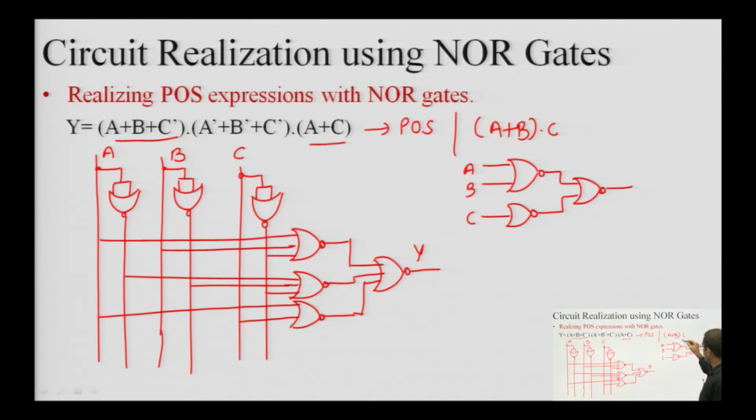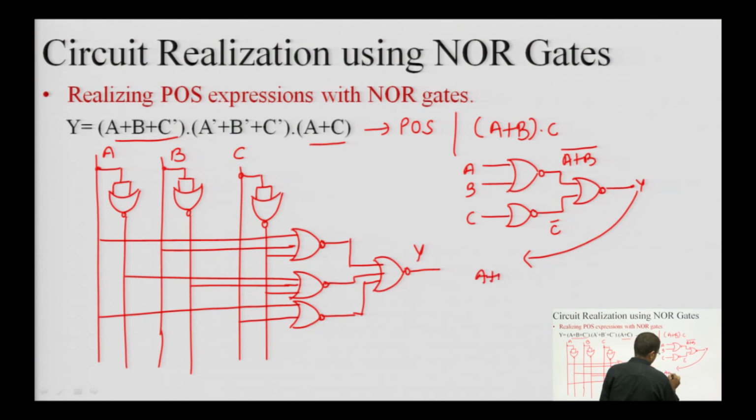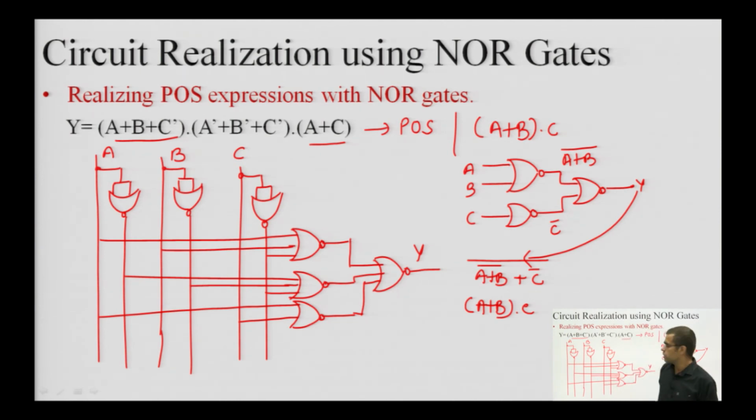It can be proven that this is equivalent to this one. So, (a plus b) complement and this is your c complement, and here at this point we can check that (a plus b) complement plus c complement and whole complement. So, if I apply De Morgan's theorem on it, I will be getting (a plus b) double complement, which will be cancelled out, and c double complement, which will again cancel out. So, I can see that equivalence is established, the circuit is giving me the correct expression which it intended to provide. Okay. So, this is the POS realization using NOR gates.